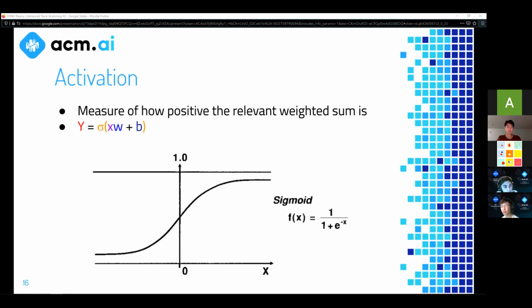So when we're looking at y equals our sigmoid times the quantity of our hypothesis function, xw plus b is a linear function, so its range is unbounded. It can be anywhere from negative infinity to infinity. We're going to see in the future that this causes a lot of problems in the way our algorithms work when we're training our models. It's really important that we restrict our range of outputs in some manner, and that's one of the big reasons why we have activation functions, along with many other reasons.